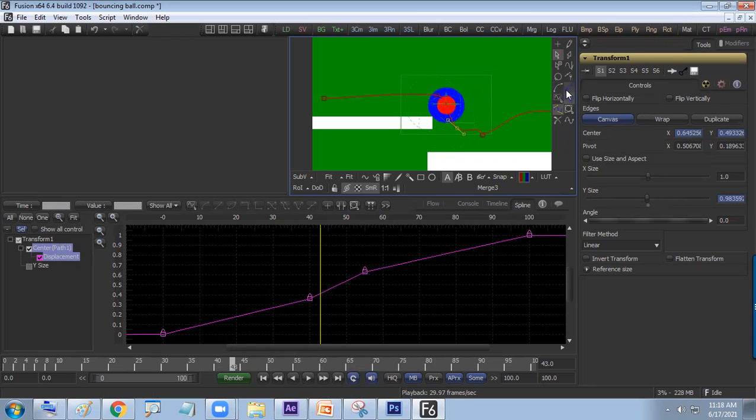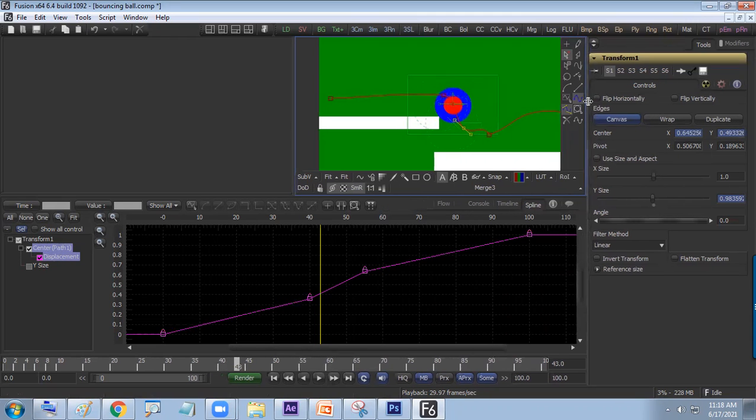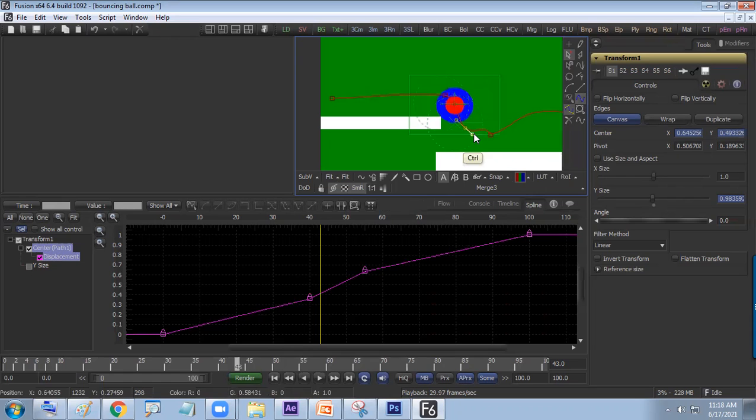And the next over here, keep, so lock current time. Hold the control button and drag it up. It is independent control. Note it down, all the things. Control to get independent tangent movement.